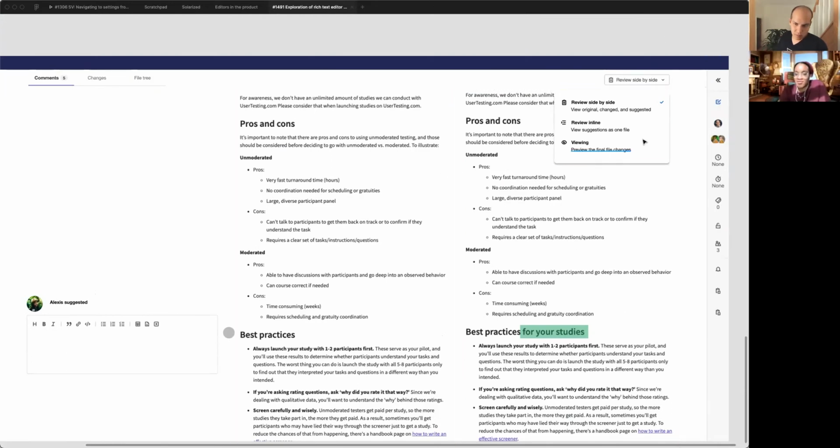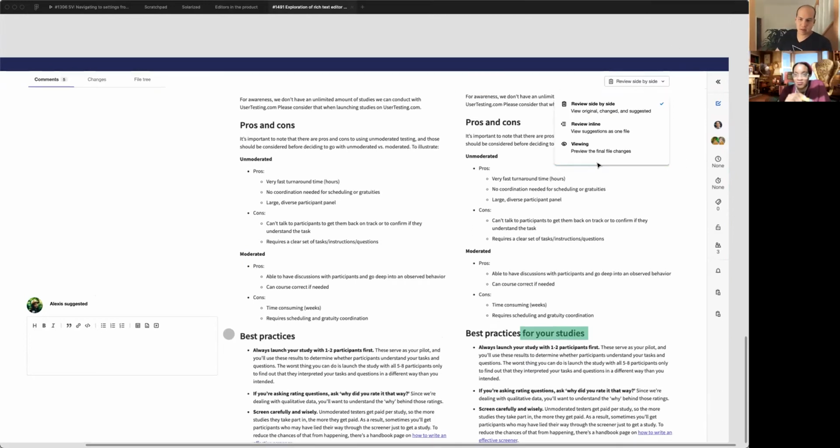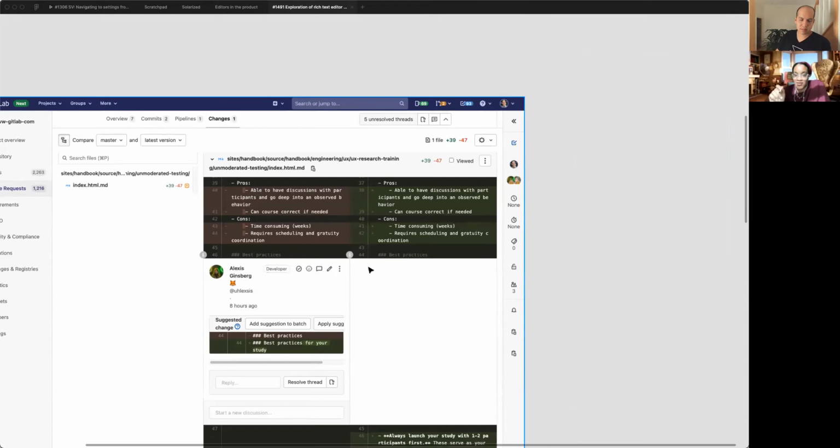Yeah, this is really interesting. So this is in the merge request view. If you click on the static site editor option, that's the view that you would see next. So I think this is a little bit beyond static site editors. So at the moment, if I jump into this thing here,